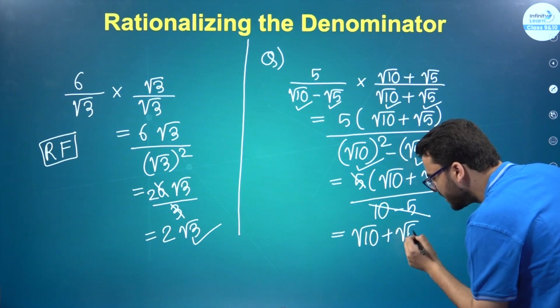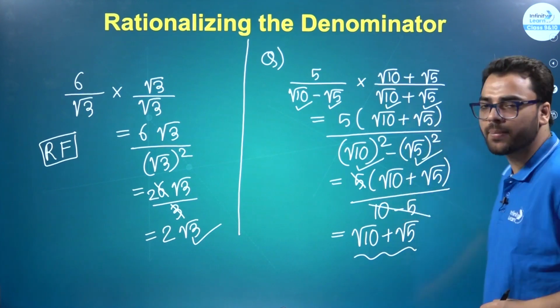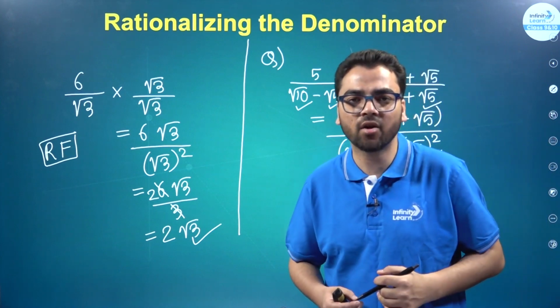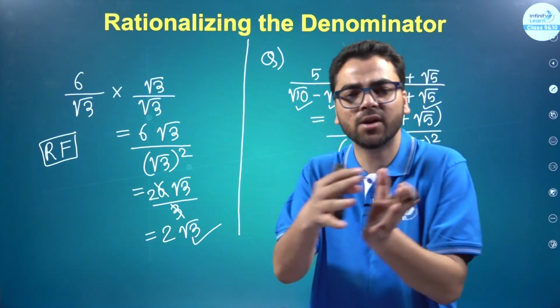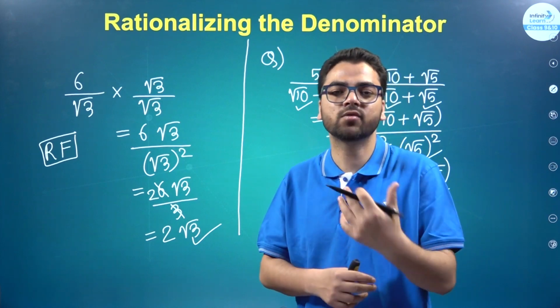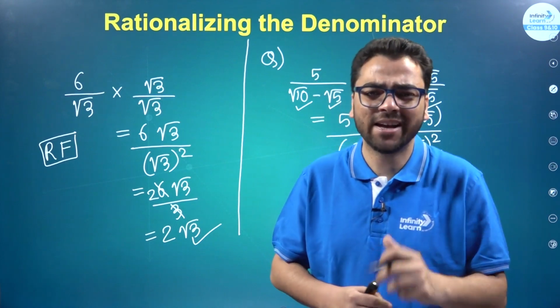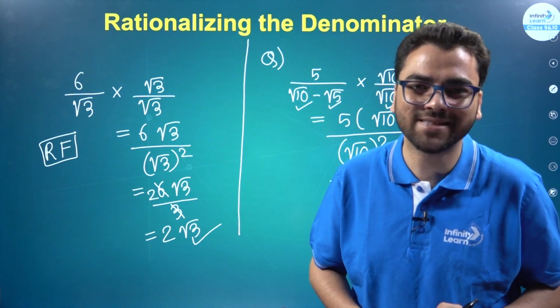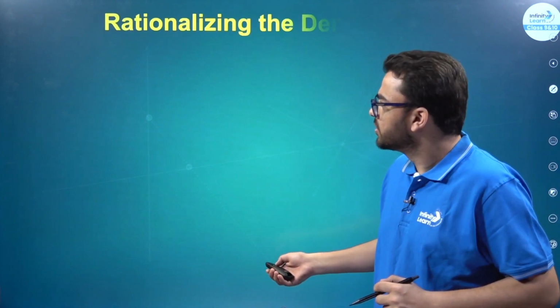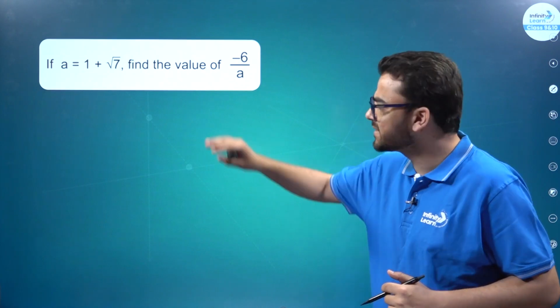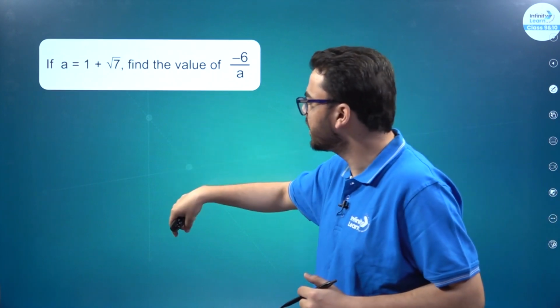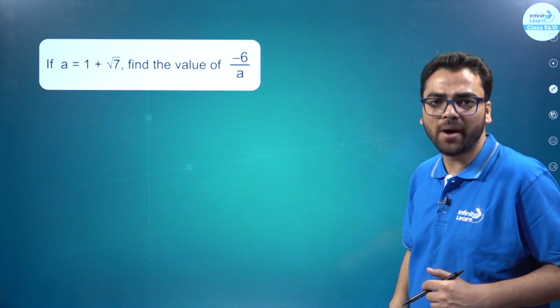So you see over here in this manner, when two terms are there in the denominator, you can use the a plus b into a minus b identity so as to rationalize the denominator. Let us do some questions on the basis of this thing. Suppose you have got this question over here. A is given to be 1 plus root 7 and we have to find the value of minus 6 upon